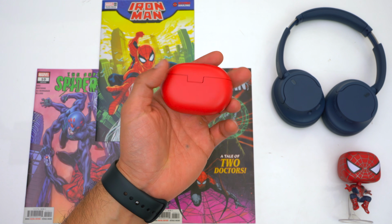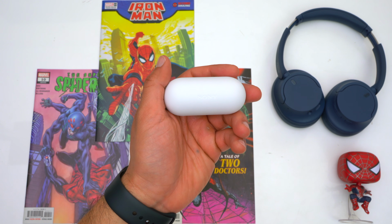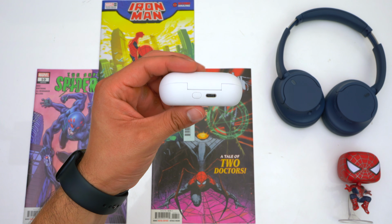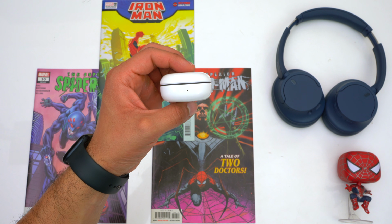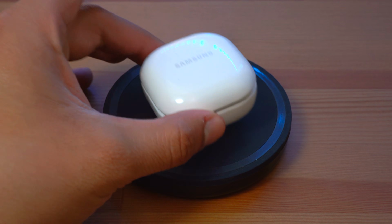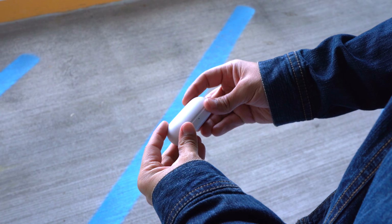Now, the Galaxy Buds 2 case isn't super noticeable either, but then there's the Studio Buds case, which has a very large surface area to it. But unfortunately, Sony's case and the Studio Buds don't have wireless charging, whereas the Galaxy Buds 2 do. So from a feature standpoint, the Galaxy Buds 2 have the best case here. But from a convenience standpoint, I think the Sonys have the best case here because it's the least noticeable when